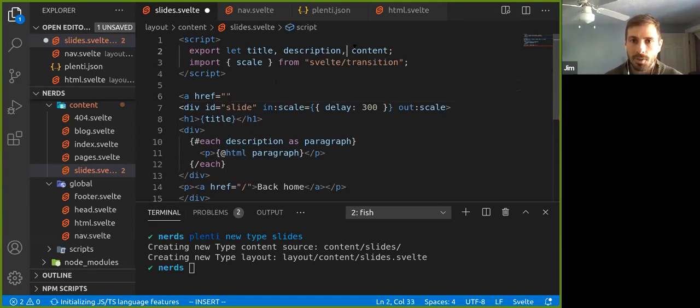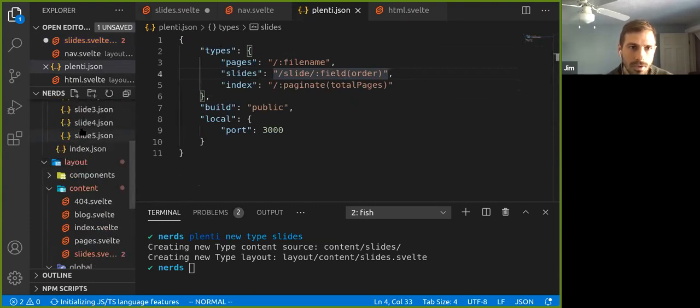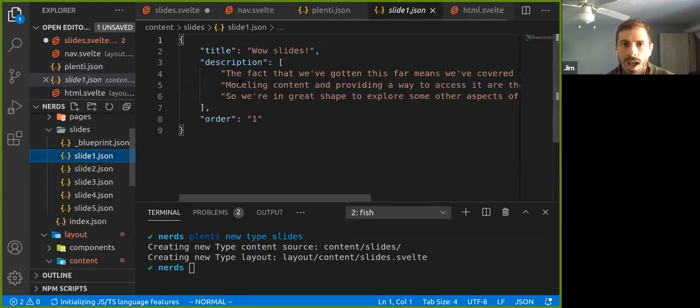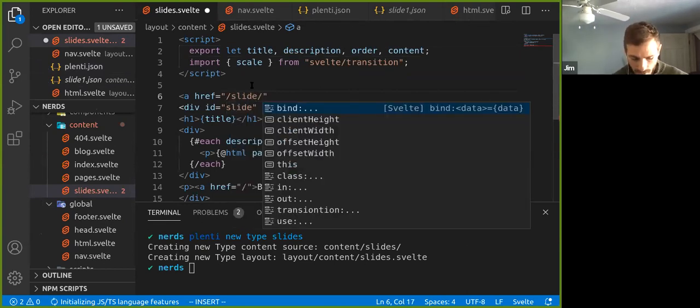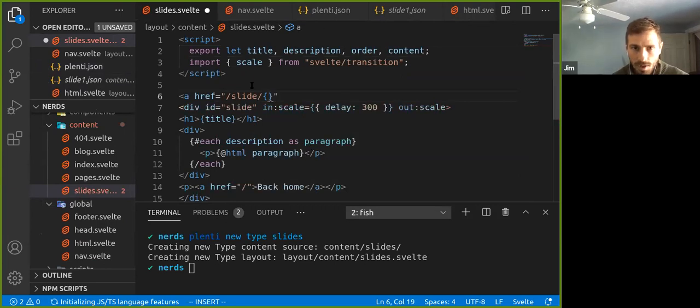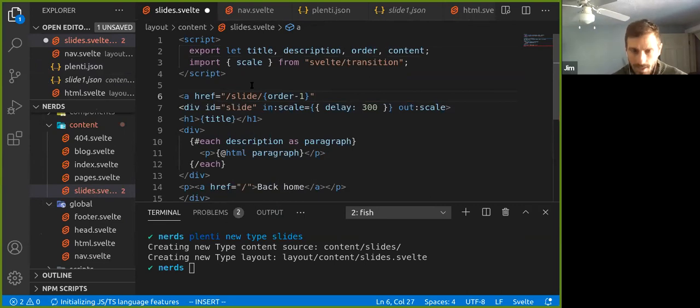The first thing I actually have to do here is make sure I import that variable. So in our slide data source, we have this key called order. Basically in our template, we're pulling that key in here by saying order. And then I want to say, give me the URL slide, but then give me the order -1. And then we'll call this previous.